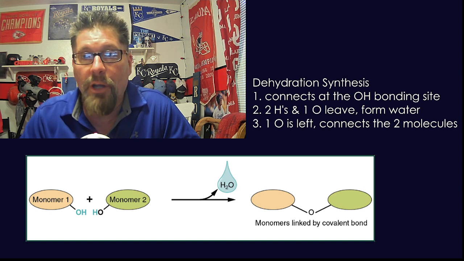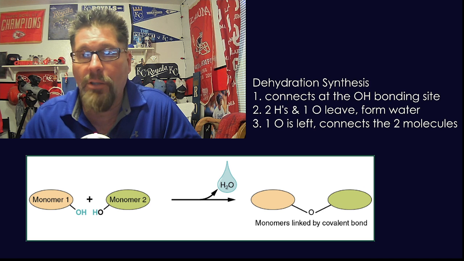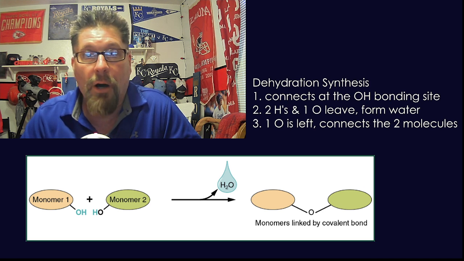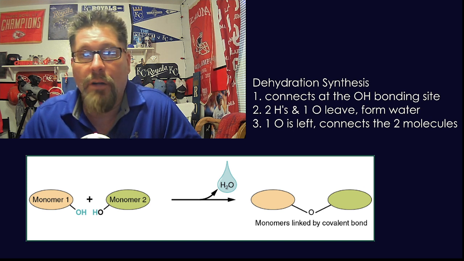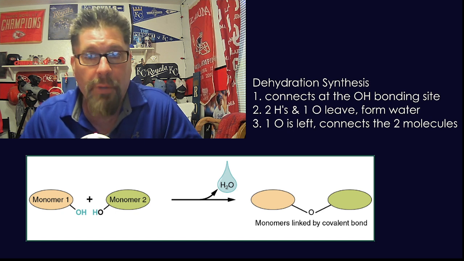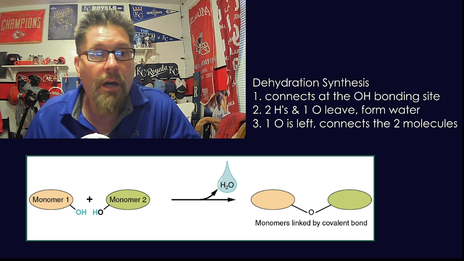But then when the molecules come together, the one remaining oxygen is that connection point. So you'll hear me refer to many times, especially through chapter 8, that there's an element that is the bonding element. And in this case, it's going to be oxygen. In others, it's nitrogen. It just kind of varies. It's not one particular element, but there is a bonding element. There's a bonding pair, the OHs, a bonding element, in a process, dehydration synthesis, that this occurs. But the main point is that a water molecule is lost, and the OHs are the connection point, and in this case the oxygen is the bonding element.